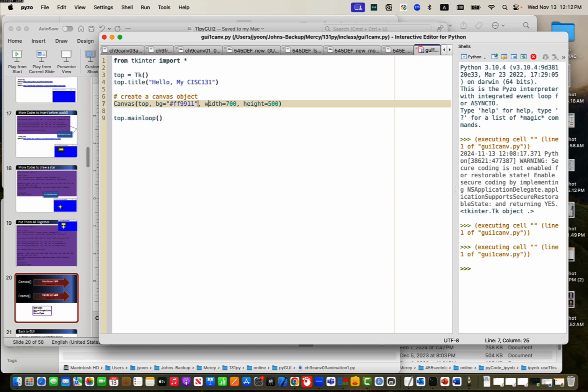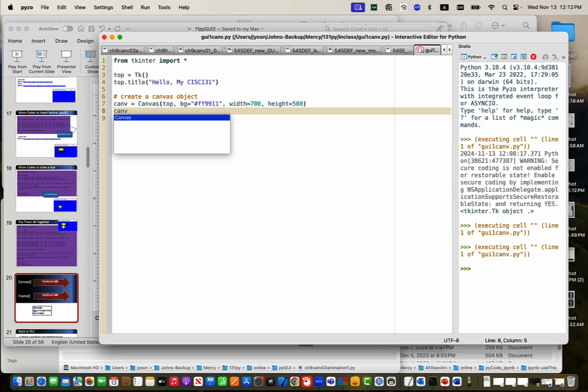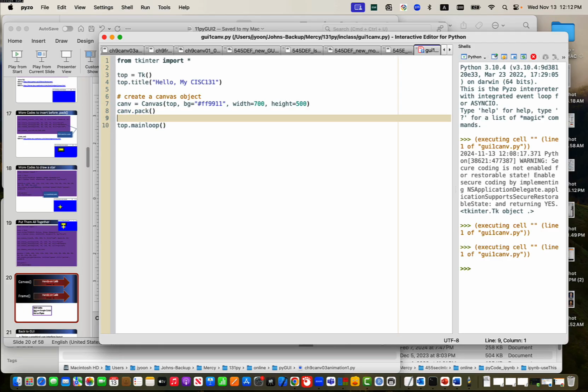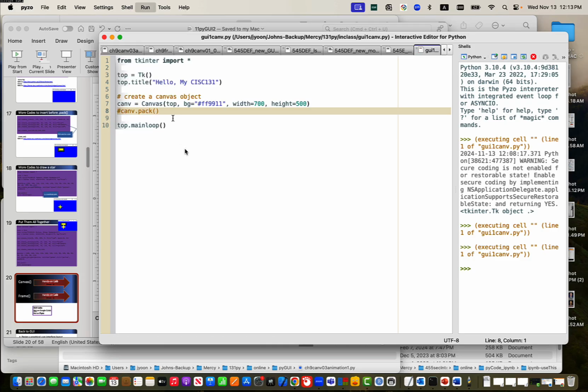Once you construct an object, you need to assign that to an object called canv. And that canv should be packed. This is a canvas object that should be packed with the container, top. Then we can see that. Let's start without this first. Without that, it's nothing, right? The canvas is not packed. But when I do pack,